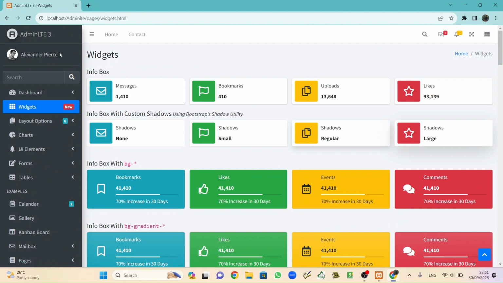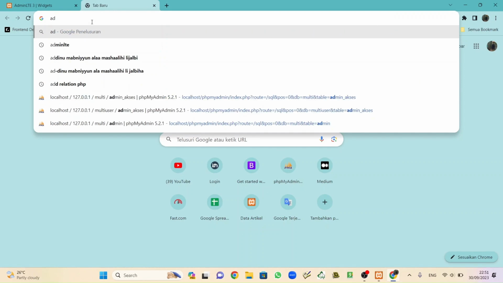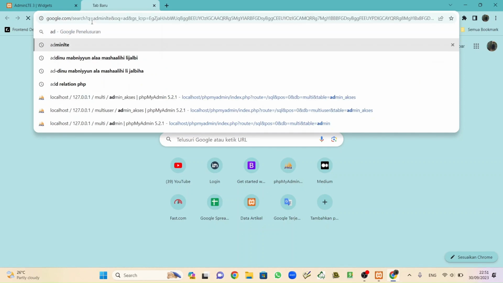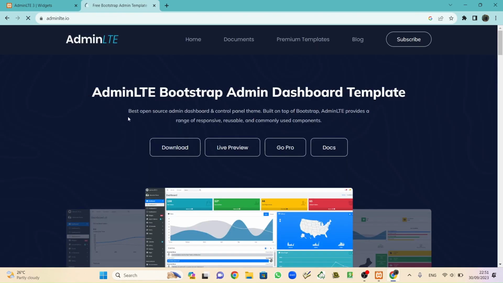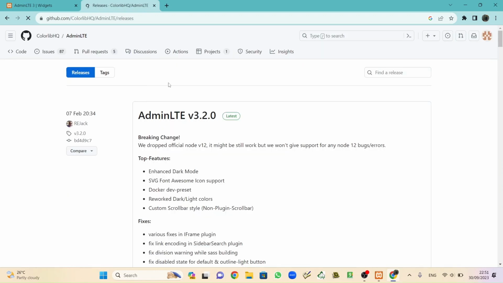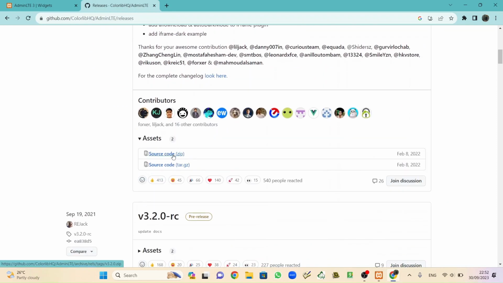You can download it by just searching for AdminLTE on Google. Click the first one. This is the landing page of AdminLTE. Click download, and we will be redirected to GitHub, and choose this one.